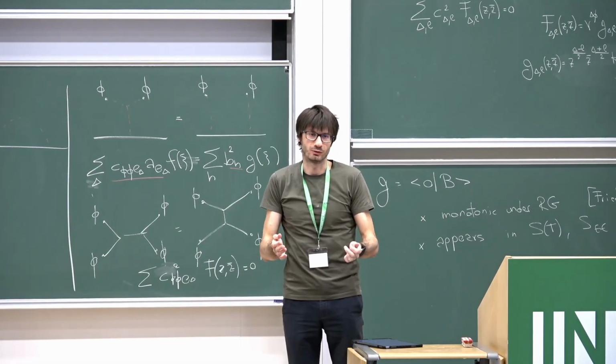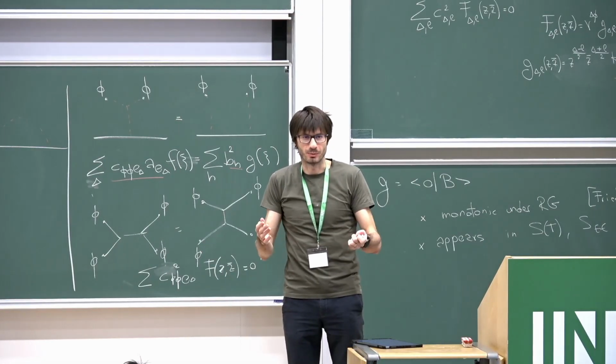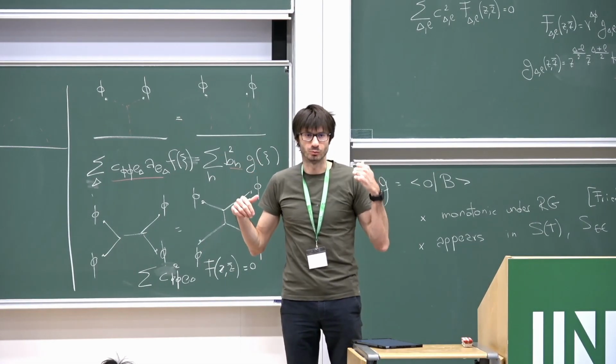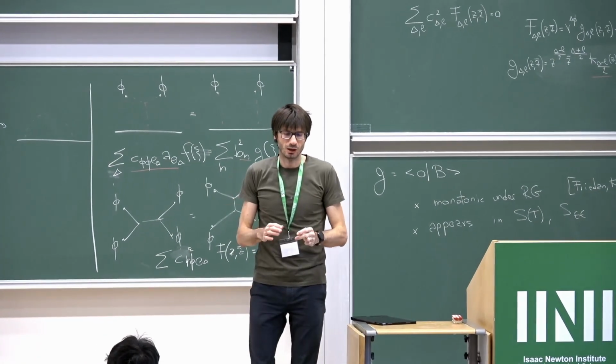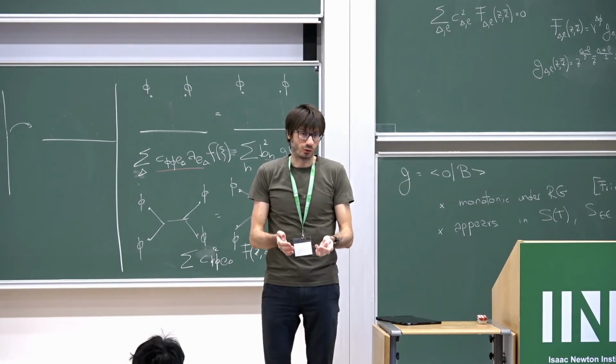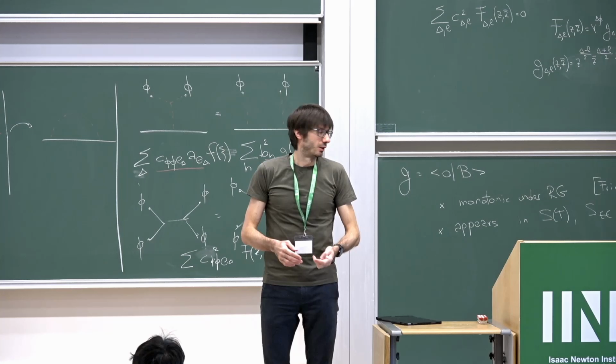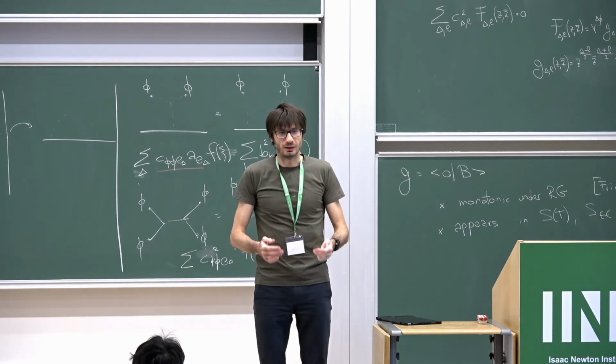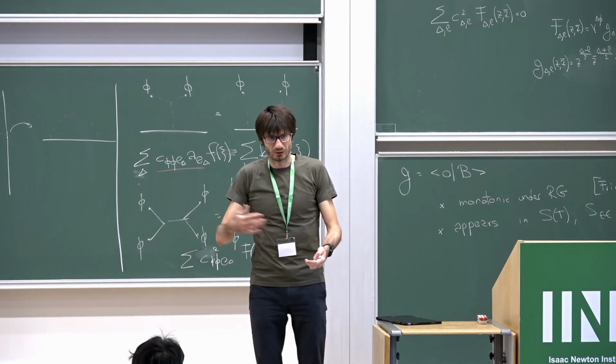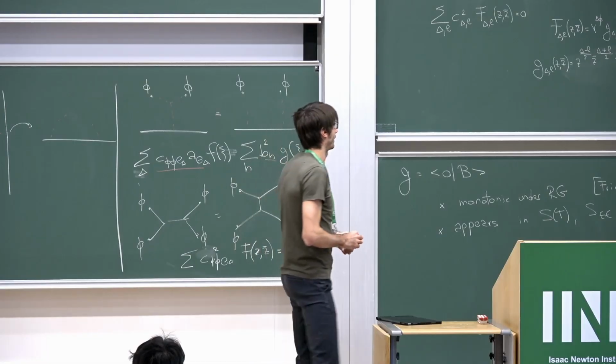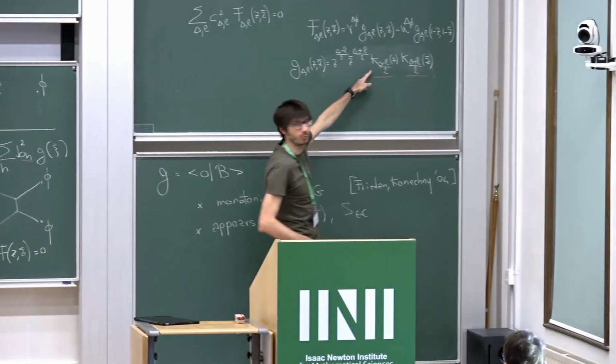For instance, if you resum only quasi-primaries, which is something I will do when I do numerics for simplicity, then this kappa is a 2F1. If you resum all the Virasoro primaries, then this kappa is an infinite sum of 2F1, a Virasoro block,